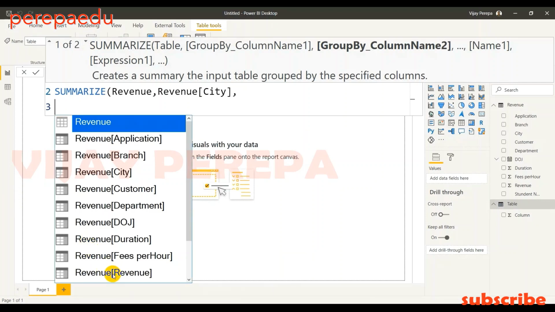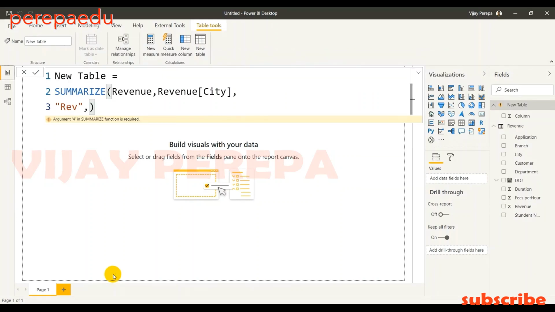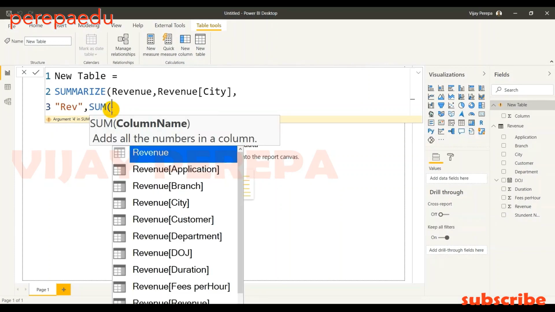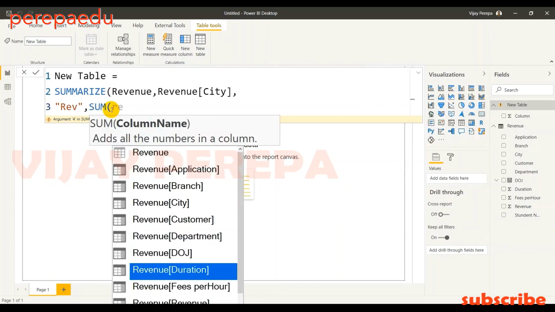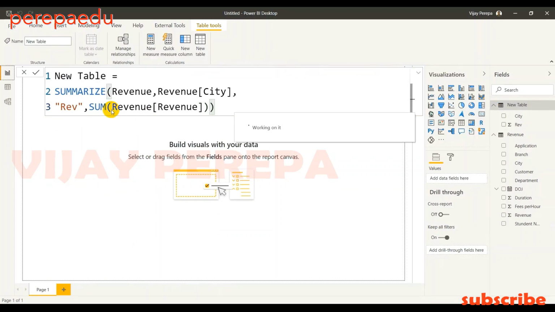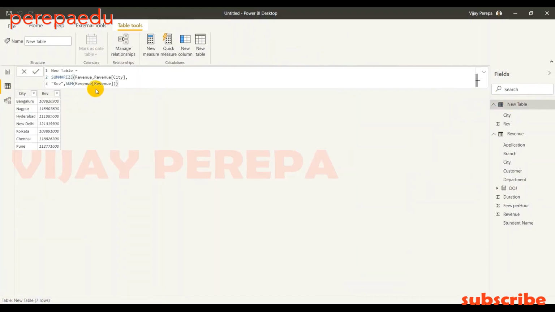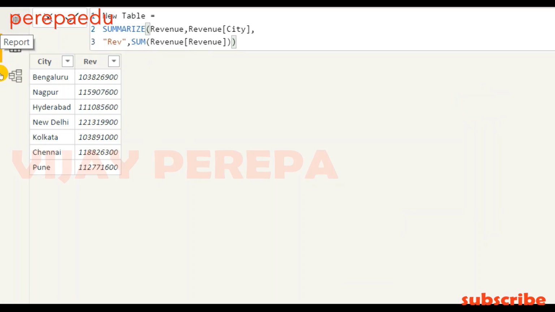So I need to give a heading revenue. Let me say rev so that you will not get confused with revenue and revenue. And then I need to give the content in that column. The row values is sum of revenue column in the revenue table. So this will create a table, and that table will have two columns. One is city, another is revenue. Now we are going to use this table to create our pie chart using Python.